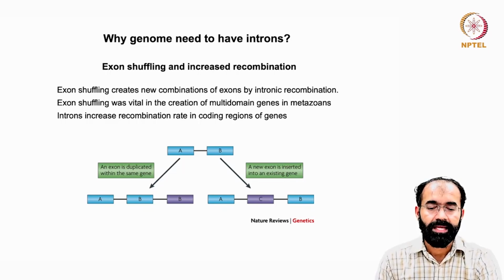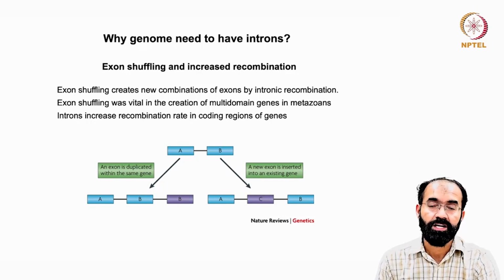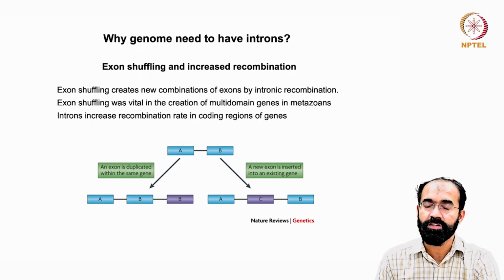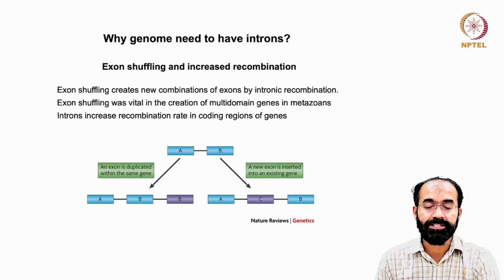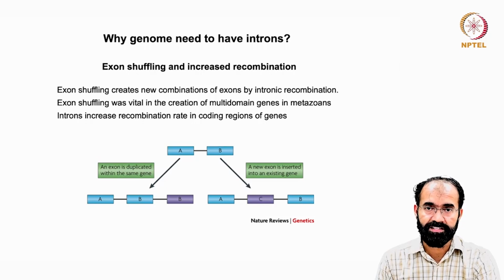Another option is that AB is made a copy of itself. AB is very much there, but right in the middle you have an intronic sequence. A new exon is inserted into the existing gene via recombination. Who provided the atmosphere for recombination? The intron provided the atmosphere for recombination, because there is no difference between exon and intron unless you are bringing it into an mRNA context. Here the recombination that happened in the intronic sequence will be viable, because introns can tolerate changes and variations,